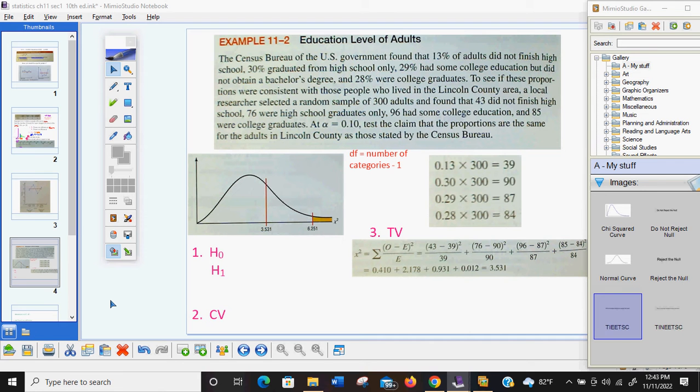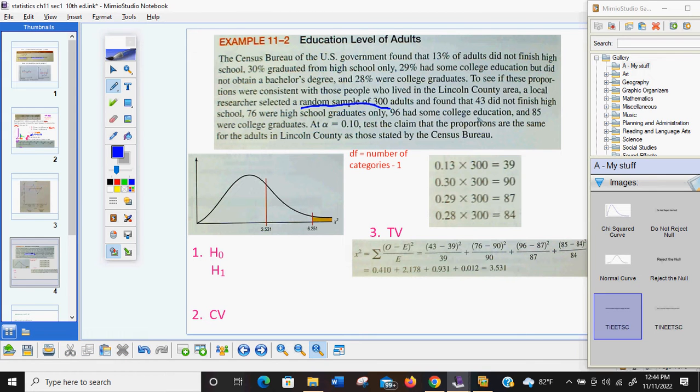Okay, let's look at another example for the test for goodness of fit. So this says the Census Bureau of the United States government found that 13% of adults did not finish high school, 30% graduated from high school only, 29% had some college education but did not obtain a bachelor's degree, and 28% were college graduates. To see if these proportions were consistent with those people who lived in Lincoln County area, a local researcher selected a random sample of 300 adults,